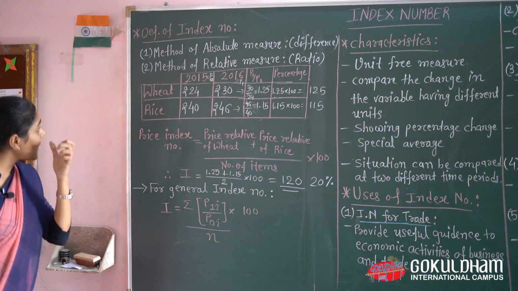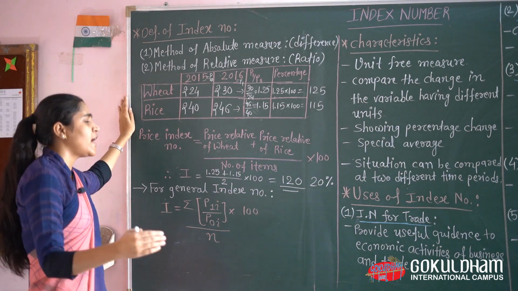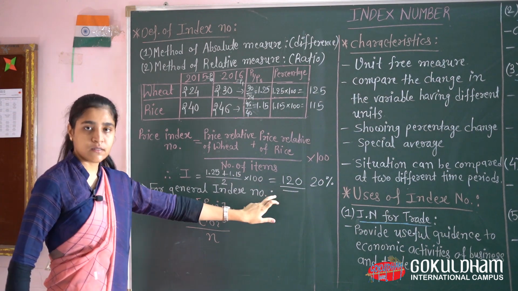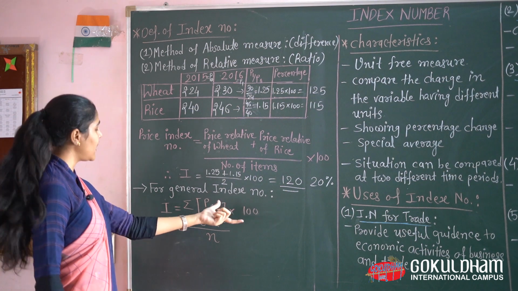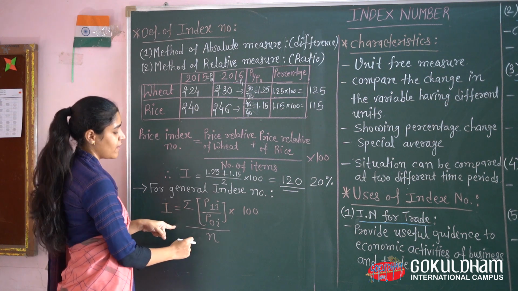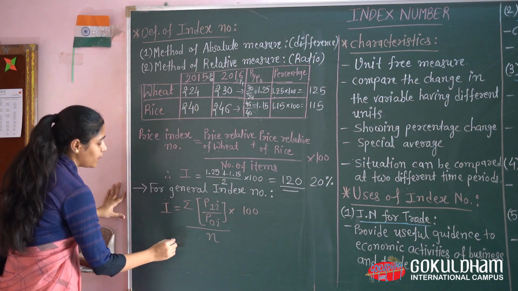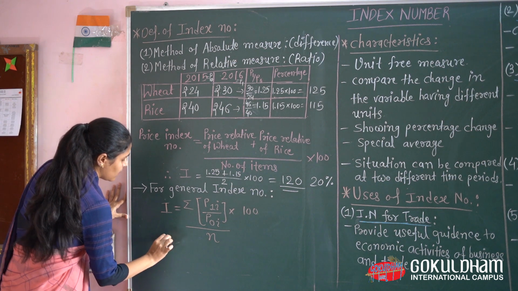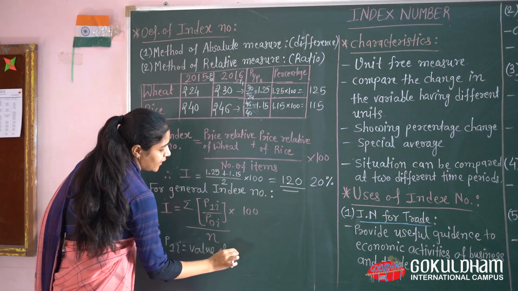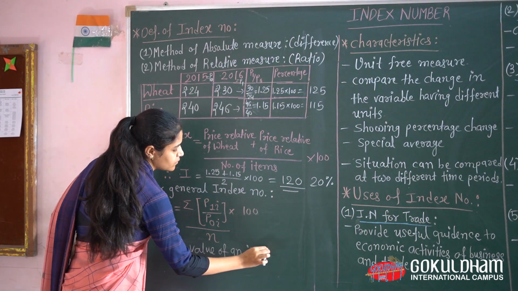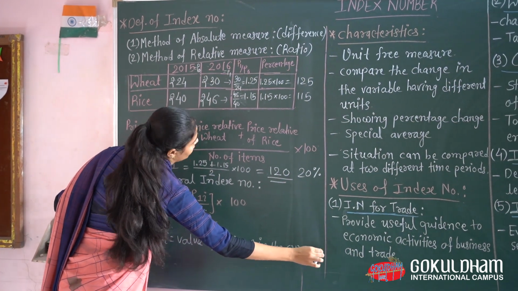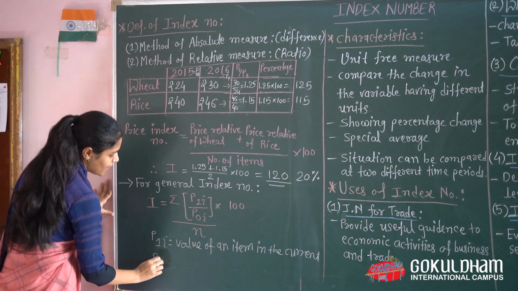Okay, so here we are having only two variables, but we can also find it for more than two variables. So that means this formula will be converted into the general index number. The formula for the general index number is summation of P1i divided by P0i, divided by n, multiplied by 100. Where P1i is the value of an item in the current year, and here our current year is 2016, and P0i